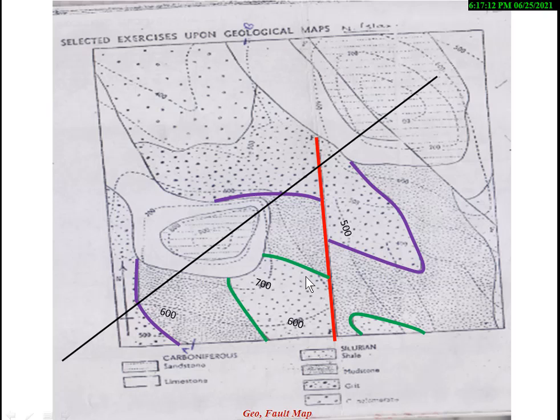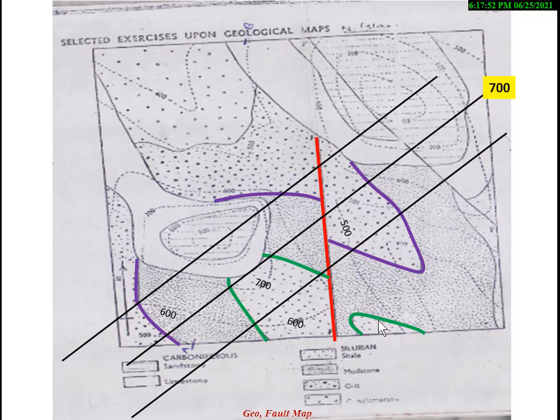So we select this green line. Okay, this is a 700, this is a 700, this is a 700 strike line. Again we need to draw another strike line because along this line, the left side green bedding line touches 700, but this strike line does not touch this green line. We need the same bedding line cutting along the strike line. So we again draw another strike line.